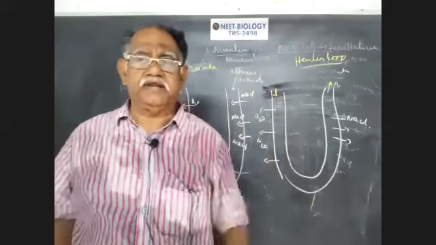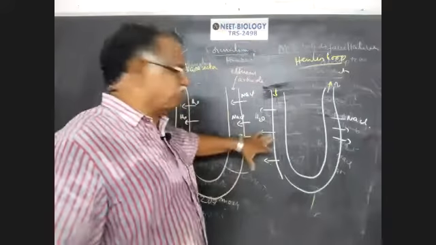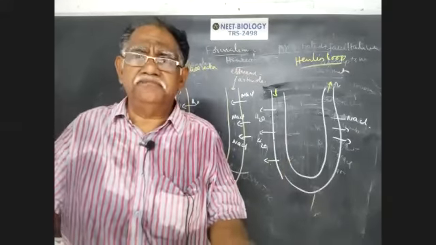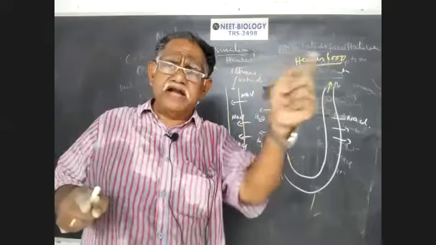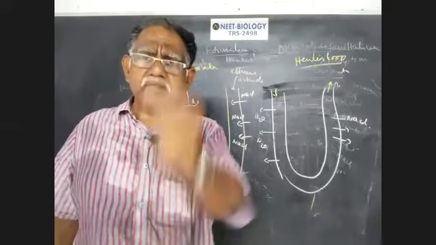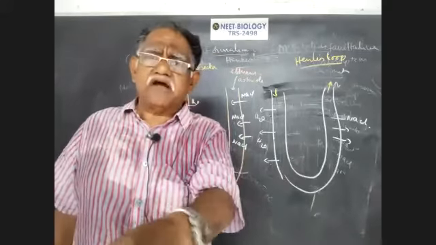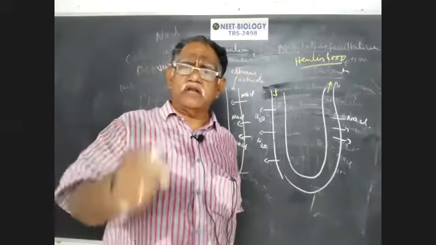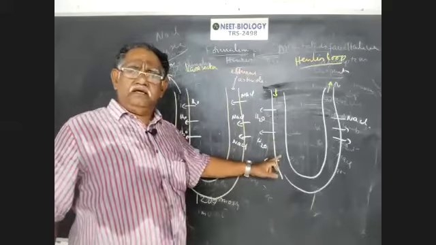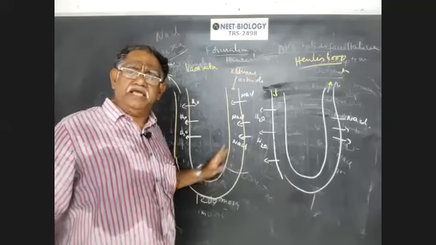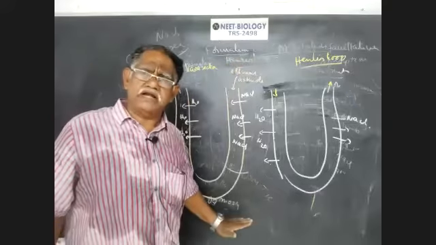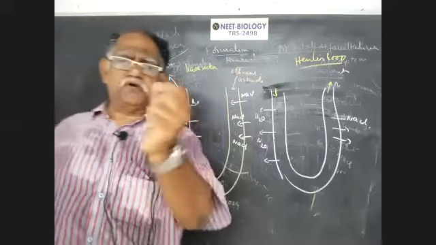Suppose what happens if the countercurrent is not maintained? The osmotic gradient cannot be established in the medullary interstitium. Only the osmotic gradient from 300 milliosmol to 1200 milliosmol at the base of the medulla is maintained because of the countercurrent of the fluids, both in the vasa recta and in Henle's loop. That is why the countercurrent flow of the fluids and the blood, in Henle's loop and vasa recta respectively, is responsible for the maintenance of the osmotic gradient from 300 milliosmol in the cortex to 1200 milliosmol at the base of the medulla. Most important concept.